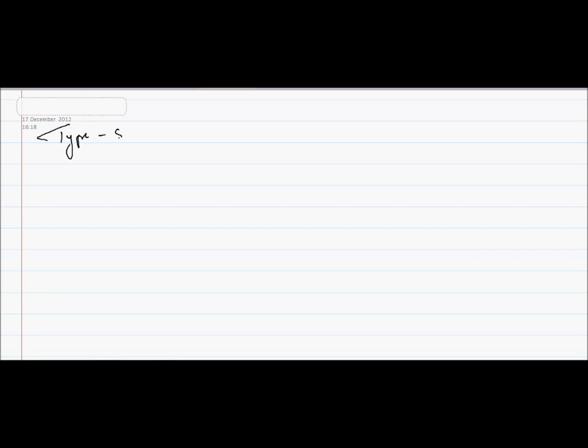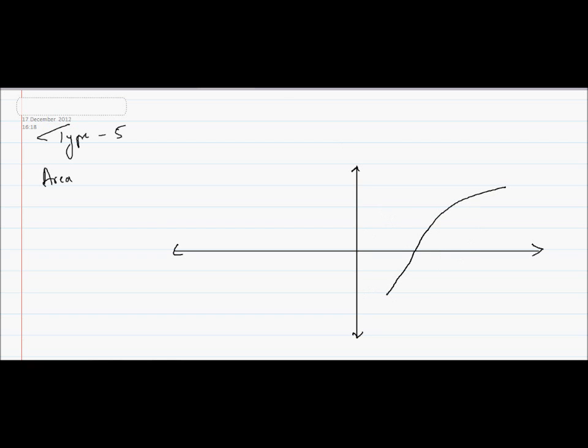Since it is very small, for type 5 I'll directly start with the diagram because it would be much better to make you all understand. It is again a simple f of x. The only thing is, in type 1 we saw a single curve in the first quadrant, in type 4 we saw the fourth quadrant. Now we are taking a curve that goes from the fourth to the first quadrant. So if this is the type of curve, first of all you need to divide this curve into parts. One is from x is equal to a to x is equal to c, and then x is equal to c to x is equal to b. So divide this area into 2 parts.